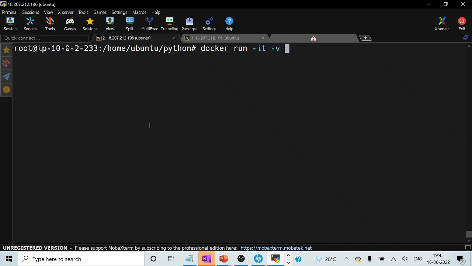So pwd, let's map the present working directory to one of the folders in the container, and we call that particular folder app, or probably python. Okay, so this is what we are trying to do. Now I need to mention which particular docker image we are going to use. If we do that, do you think it is going to run? I also need to mention python3 followed by the name of the file which has to be